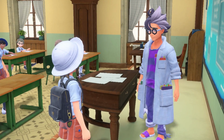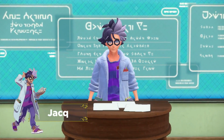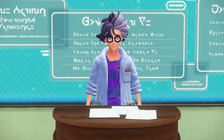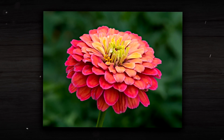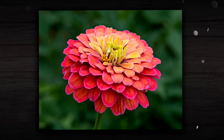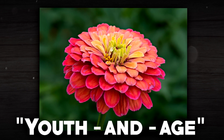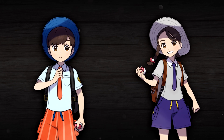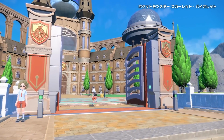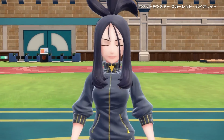With that said, however, there is something else about Jacques' Japanese name that is not only interesting, but also substantial, as it reveals that his name is derived from the zinnia flower, more specifically the common zinnia, which is apparently also known by the nickname Youth and Age, reiterating that theme of youth from the two player characters that we talked about previously. Since Jacques is also a teacher at the academy, this theme could be derived from the fact